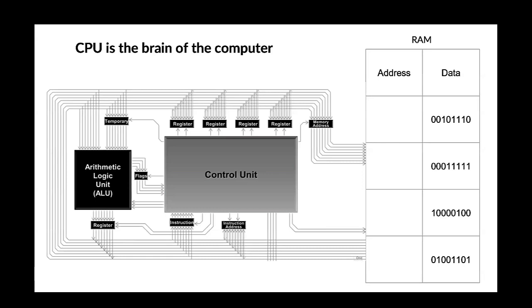Another register is Memory Data Register, or MDR, that holds the content found at the address held in the MAR. And one more register is Program Counter, or PC, that holds the address of the next instruction to be fetched. Current Instruction Register holds a machine instruction that is currently being executed. So PC points to the next instruction that we are going to execute, and CIR points to the current instruction